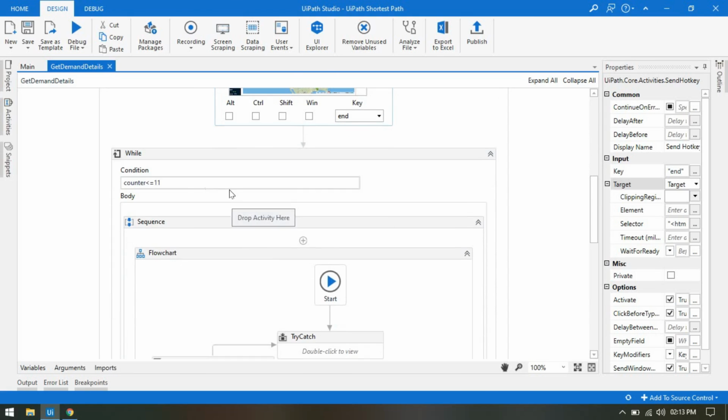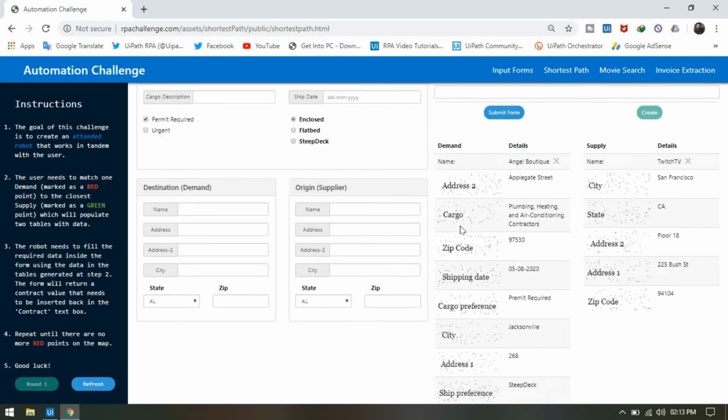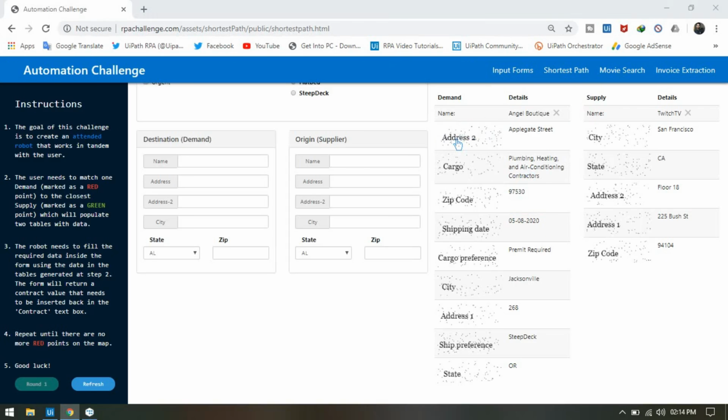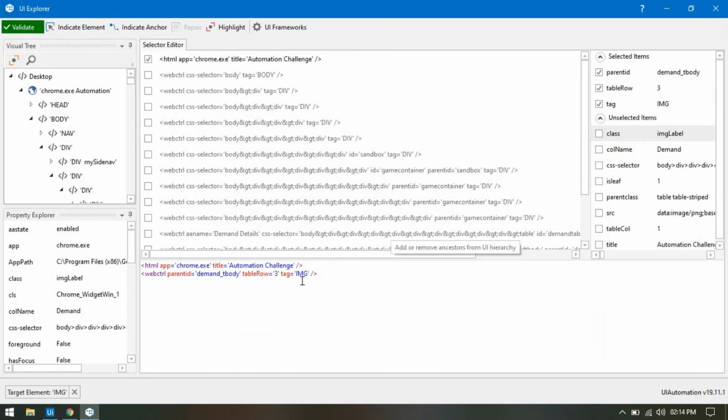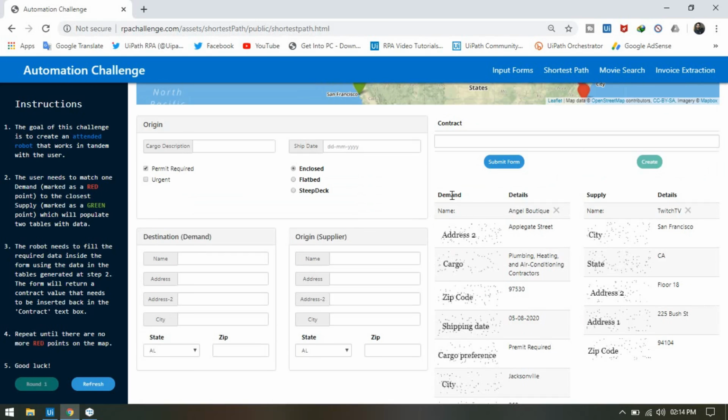Now here I am checking for the counter less than or equal to 11. It means, I can show you here using UI Explorer. Let me show you. Click on this indicate element, and I'm clicking on this address 2. So you can see the table row is third, because this is the complete table, and this is the first row, second row, and third row.